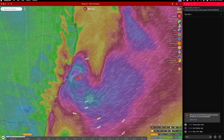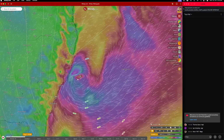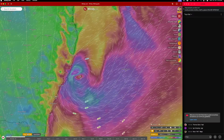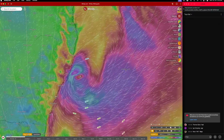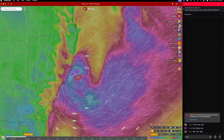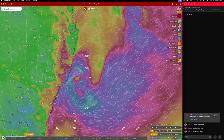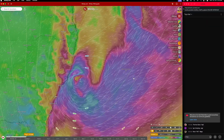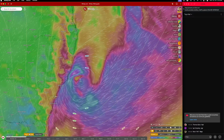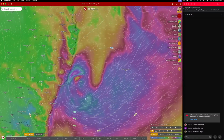And then getting into tomorrow morning, again it was occluded and now it's sort of not occluded. It flicks back and forth between nothing, a trough, and then a low. So even the poor old system of Windy is having real issues identifying what the hell is going on, and it's more likely than not flagging that sort of hybrid system we saw last time pummel the coast. Just the general widespread area of quite low pressure is probably more indicative of that sort of system again, that coastal trough with an embedded vorticity, but at this stage, we'll work it out and see in the wash in